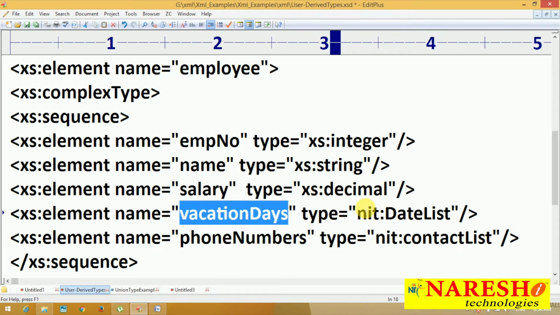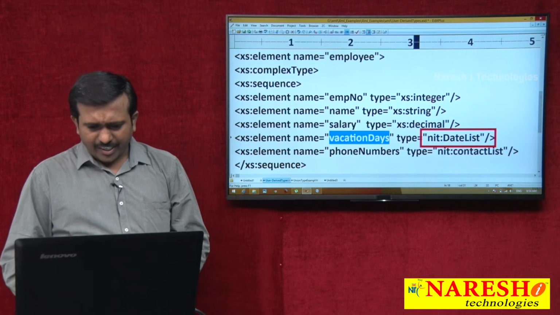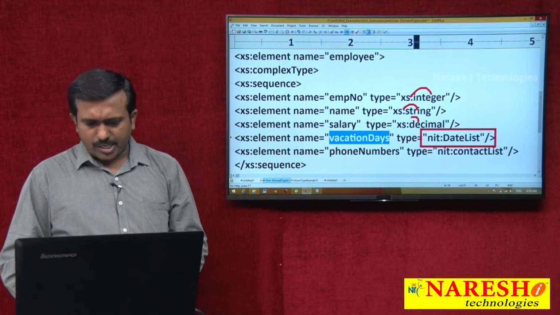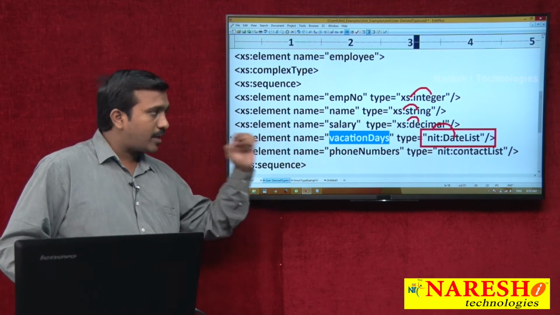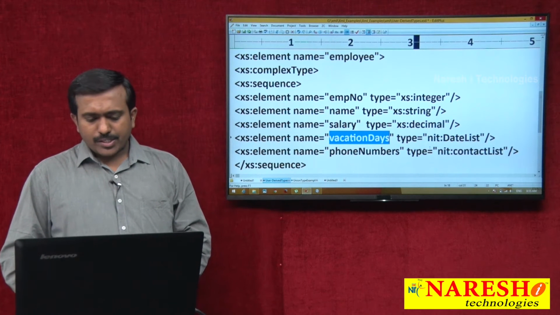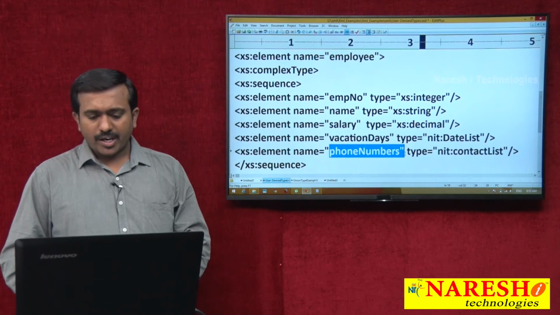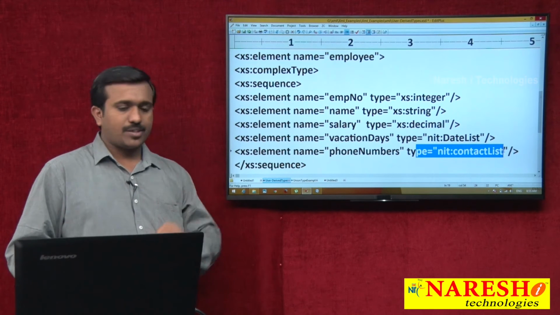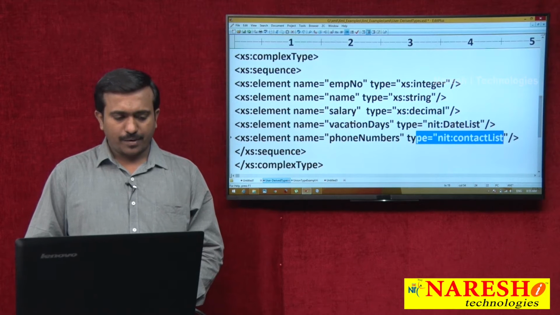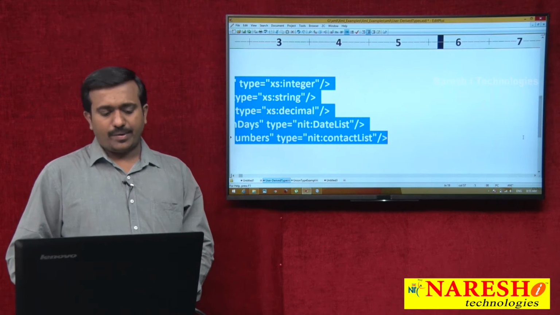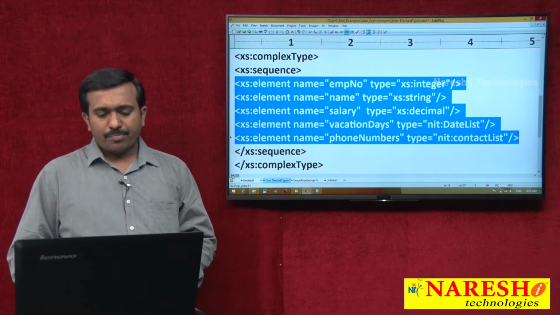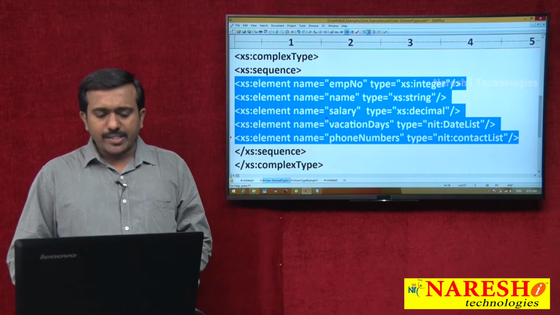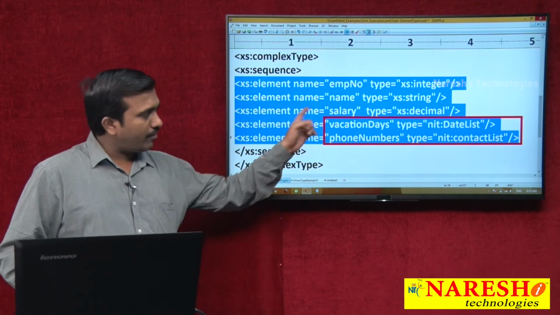This element I am now using with one non-atomic data type. My non-atomic data type name is date list. Here integer, string, decimal, these I am using from XML schema. Date list I am using from NIT schema. NIT is my own schema. Similarly, here phone numbers. The phone numbers data type is contact list. So in this element creation, in total I have 5 child elements: employee number, name, salary, vacation days, phone numbers. In this, vacation days and phone numbers are two configured with